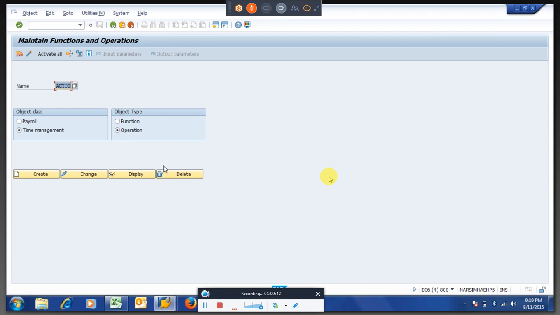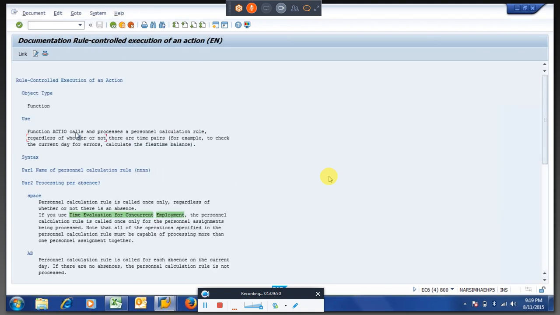So this is the time management function, right? So what this function will do is, if you are writing a PCR without calling any time pair tables and these things, especially time pair, time data, we will use this function to call the PCR. Without a function, your PCR won't be called. That is the structure of SAP while you are inserting a PCR into a schema.